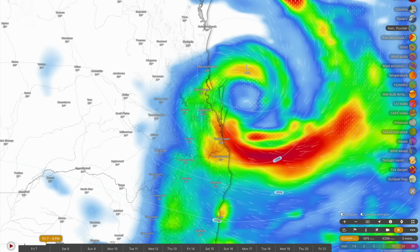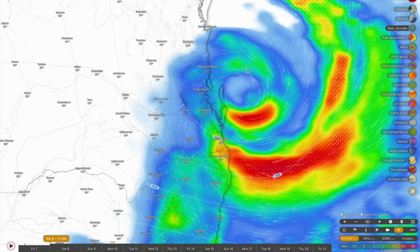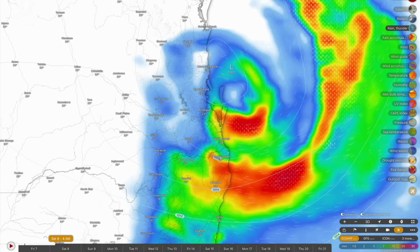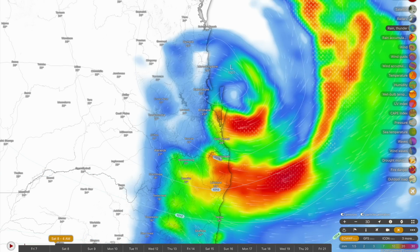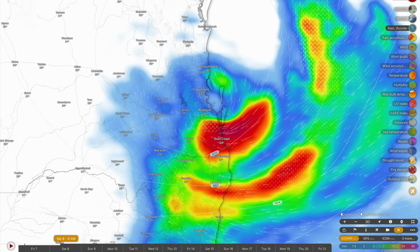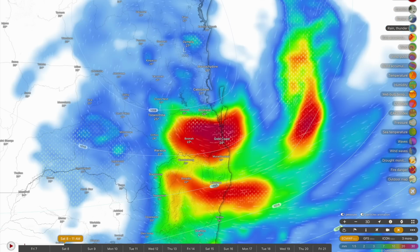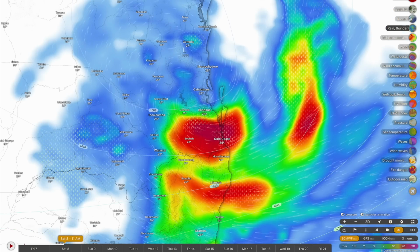And then later on tonight, some really heavy rainfall expected to develop along the Gold Coast as this tropical cyclone approaches landfall. Intense rainfall expected later on tonight, coupled with extremely strong and damaging winds through later tonight into very early tomorrow morning for North Stradbroke Island and then down towards the Gold Coast and as far south as Tweed Heads. Plenty of rainfall expected to sweep into the Gold Coast hinterland as well through tomorrow mid-morning as the